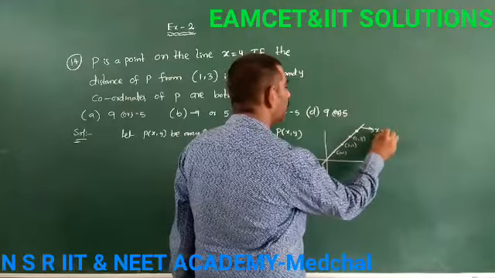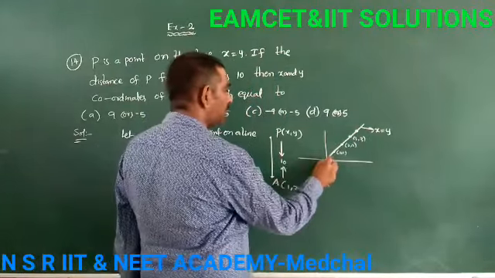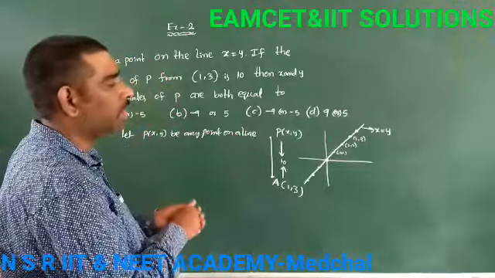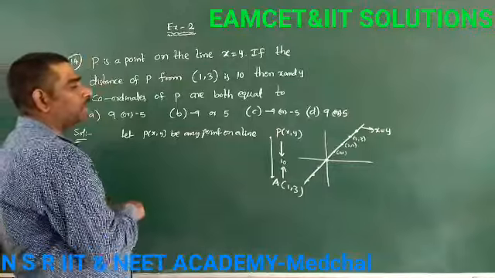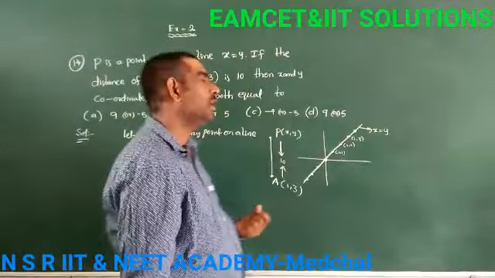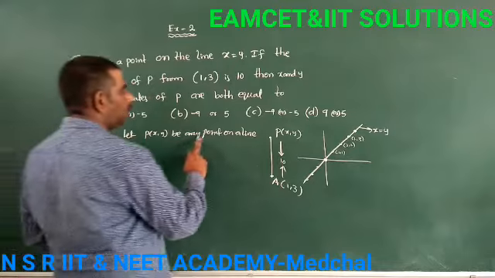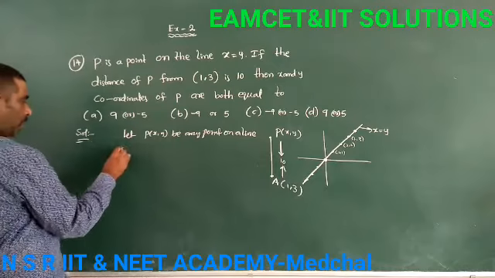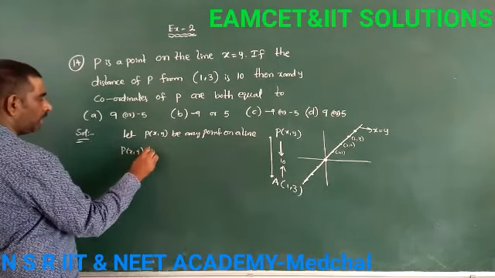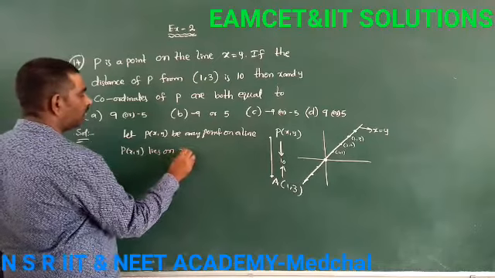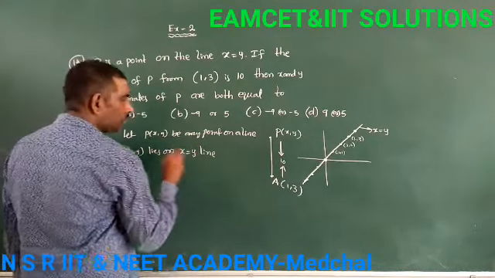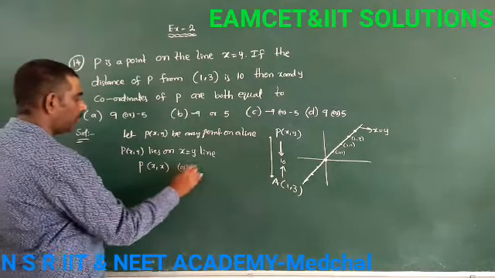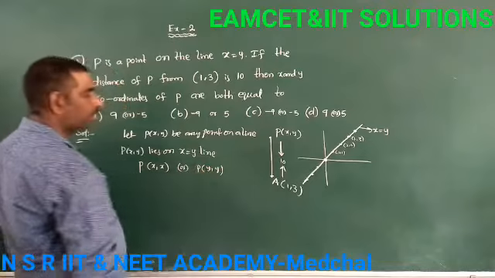This is the x equal to y line, passing through the origin. On that line we have an infinite number of points. For all points the x and y coordinates are equal. So here also P will lie on a line. Which line? This line. So P x comma y lies on the x equal to y line. So P coordinates become x comma x, or y comma y. So x and y coordinates are equal.